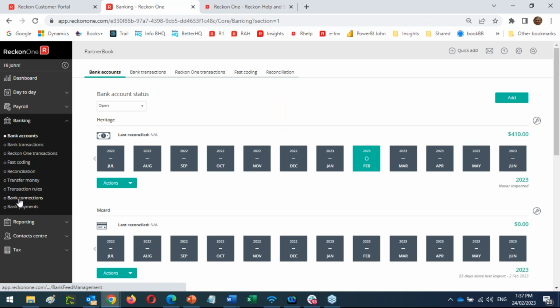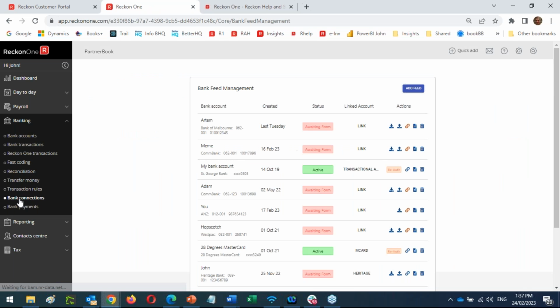We have a feature called Bank Data, or Connect to Your Bank. It is a very convenient way to get your bank transactions into the book, so that each morning when you wake up, you see the latest transactions that the bank has processed, and here you can just allocate them to your ledgers. To do that, all you need to click on is Add. You need the Bank Data module, and then here you can click on Add and select the bank. You'll usually be asked to fill out a form, but by all means follow the instructions that are given to you at the end of the process, so you get it correctly